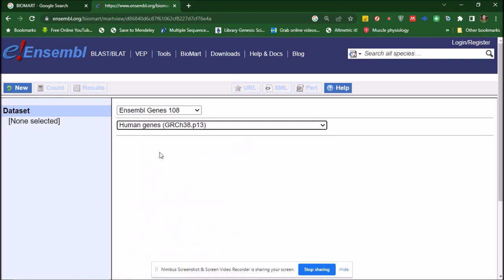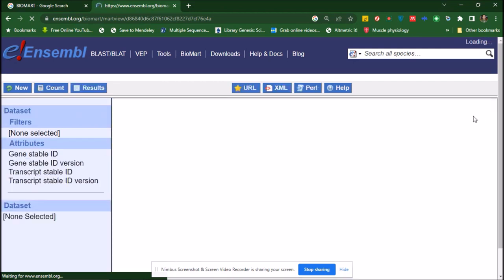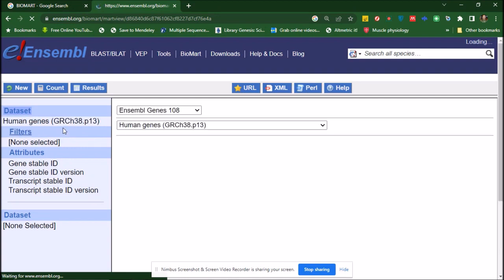And then this left column, this is a very important column. Here, first of all, there are two terms, two tools, I would say, which you should know. One is the filter, and the other is attributes. In the filters, you add your query. What is your query? And in this way, for instance,